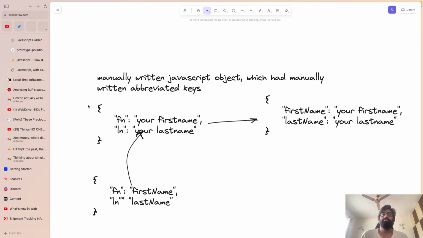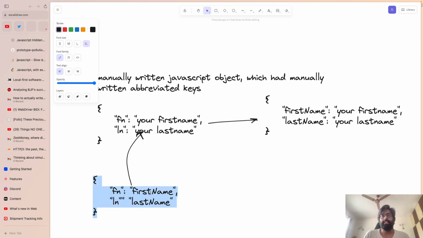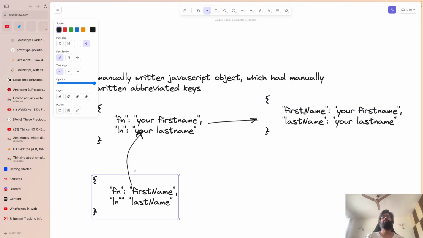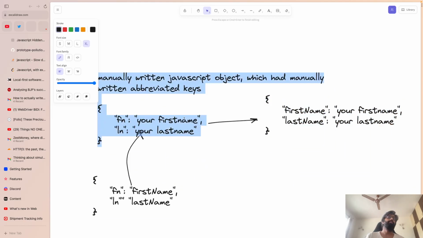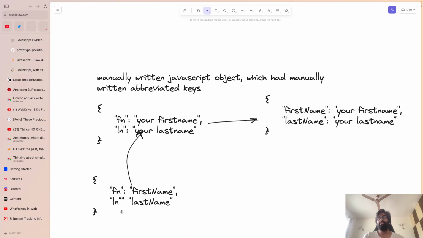I had a big JSON object with manually created abbreviated keys, and I also had a map from the abbreviated keys to their full names, which are user readable. I had to go through this nested JSON object and convert all the manually abbreviated keys to their readable full keys. And I was struggling with doing this